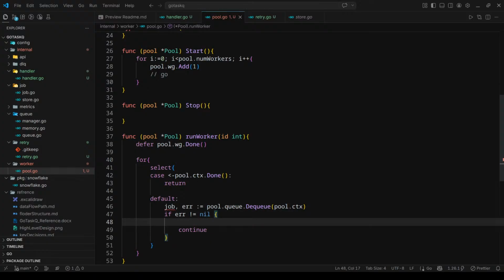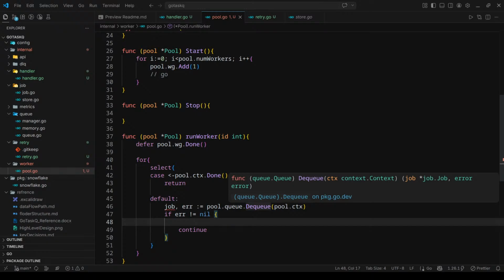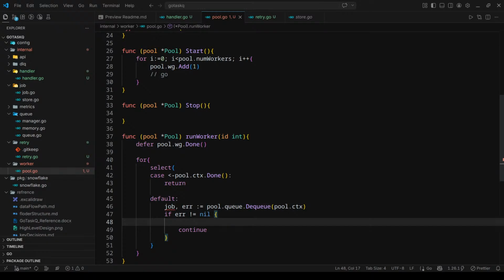If an error occurs, it means the job is not ready, and we should continue. If the job is not ready, we should wait for the job to be ready. So let's do something like sleep for like